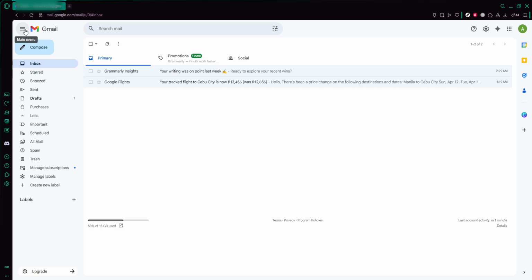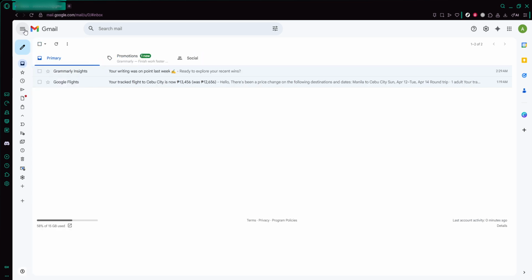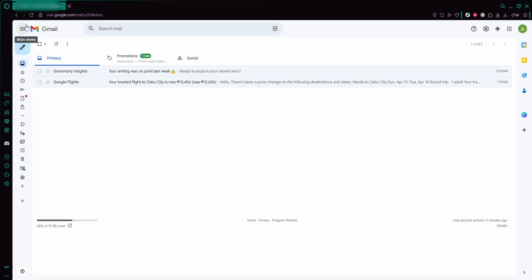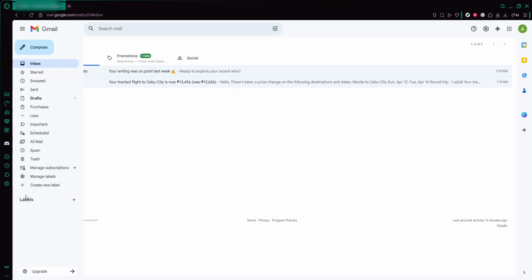For example, you might prefer keeping the side panel hidden when you're reading or writing long emails, and then turning it back on when you're organizing messages into different labels. Knowing how to quickly toggle this panel gives you the flexibility to adjust your workspace to what you're doing at